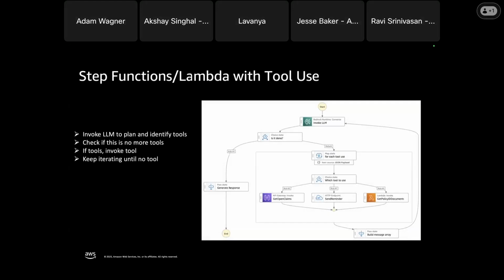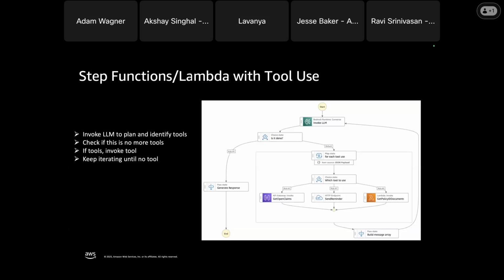So this is an example of a simple agentic system built on Step Functions. So you can see at the top that it invokes an LLM, and when it invokes that LLM, it gives it a description of the tools and the prompt. And then the LLM responds with an output.